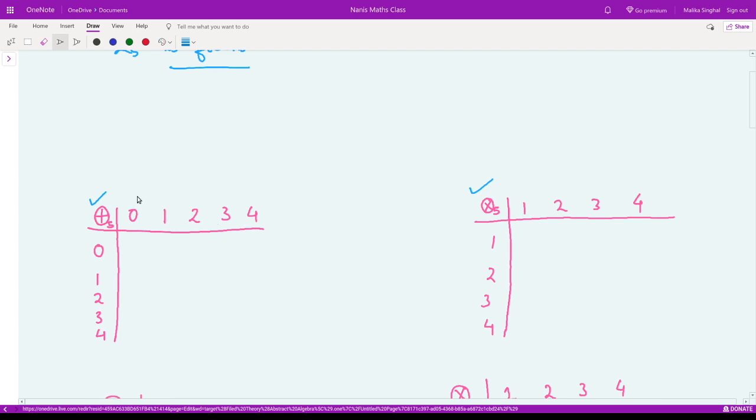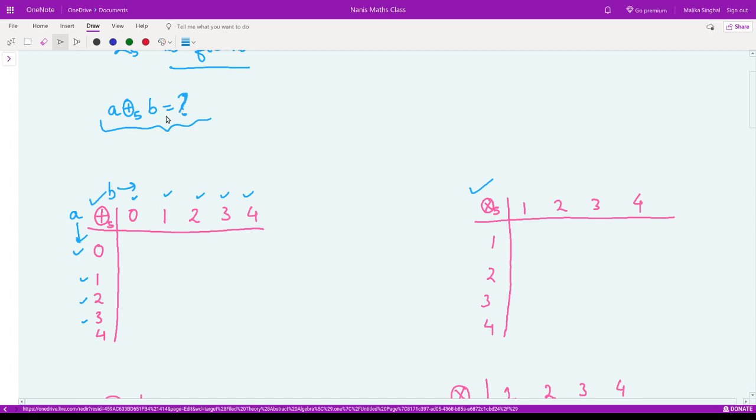So we just list the numbers here horizontally and here vertically, for addition mod 5. We need to fill up this table. How can we do that? For that we need to see how this operation operates on every two elements. That is, this is the entry for A, this is the entry for B. So we need to check what is A addition mod 5 B, for every number listed over here. This would be different from the normal addition. That's why we require these kinds of tables.